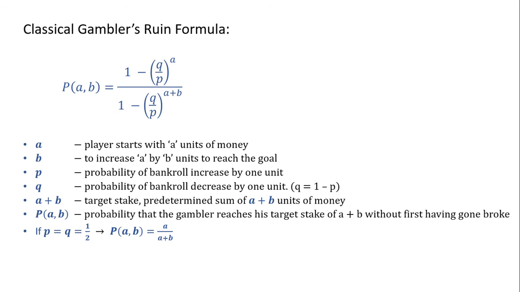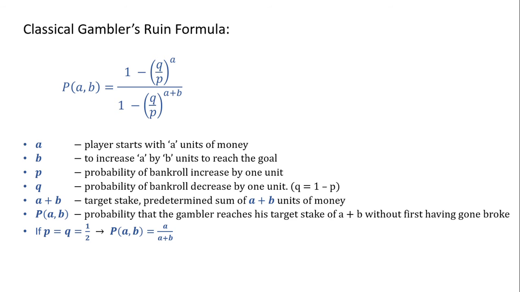Also, there is an interesting property of this formula: when q equals p, or in other words, the game is fair, which means that probabilities are 1 divided by 2, this formula can be rewritten as a divided by a plus b. It is stated that the most reasonable move would be to bet as much as possible, which Czarine did, and